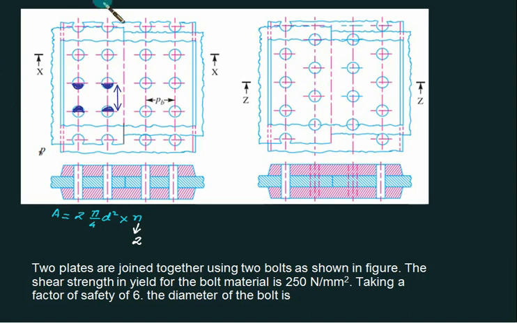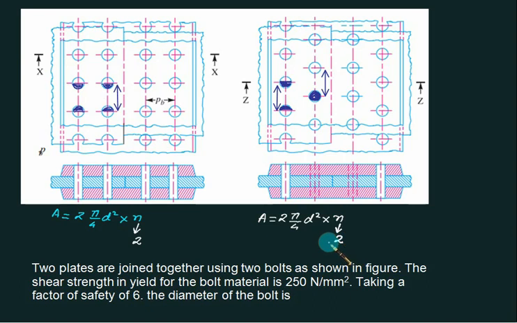So let's do the calculation for the zigzag model now. So we have a pitch like here or we can take the pitch like here also. Anywhere you can take the pitch. It doesn't matter. Your calculation will remain the same. First of all, is it a case of double shear? We have two straps. So we have area equal to 2 times pi by 4 d square. But it also includes the number n. Now calculation will be done on the basis of pitch again. So either you take this pitch or you take this pitch. This rivet will come as half and this rivet will come as full. So again the number of rivets will come equal to 2.